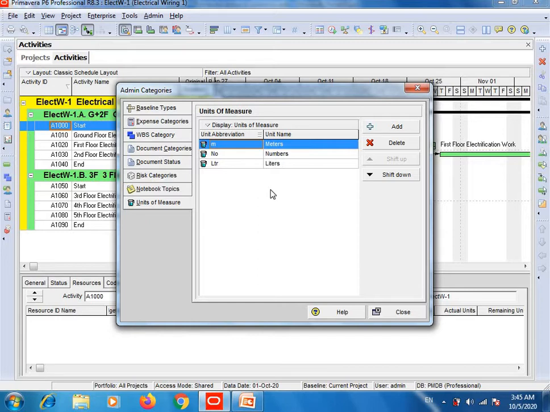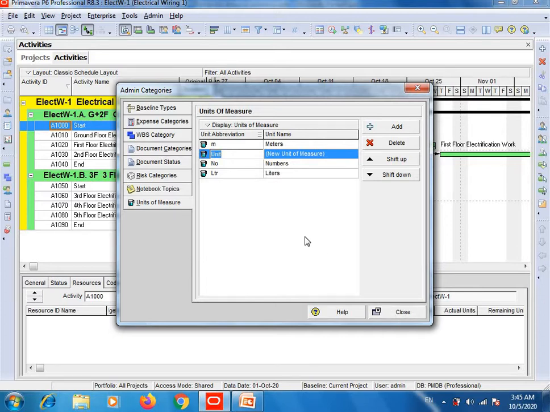So how to add units, which I already added. Method is simple. Click on add. Here you will insert unit abbreviation like I did here, M, and then you will write a complete name like this, M meters. Then after that you will click insert unit, press enter, and then you will close it.